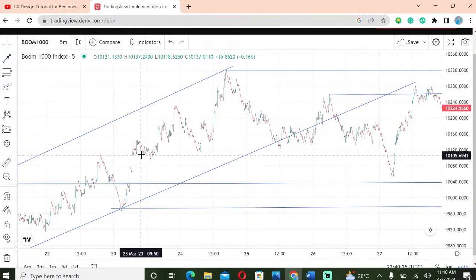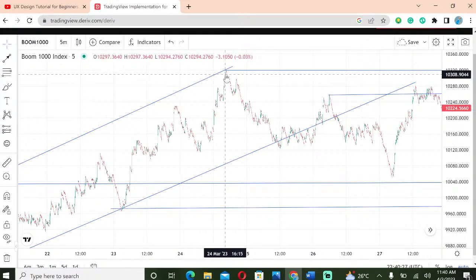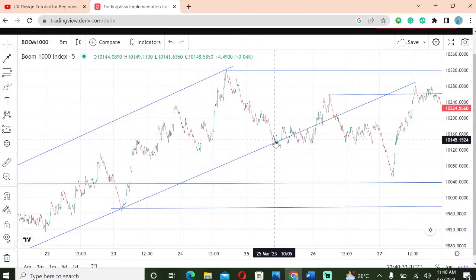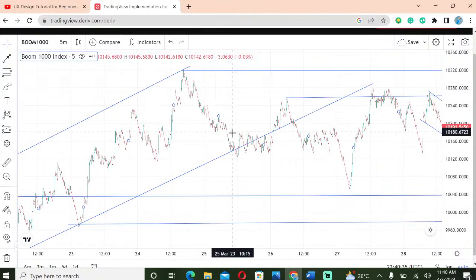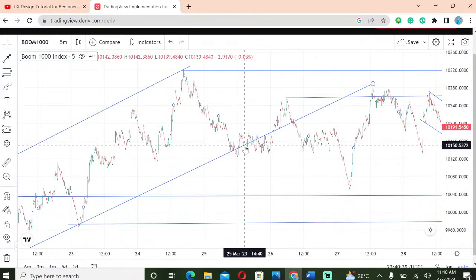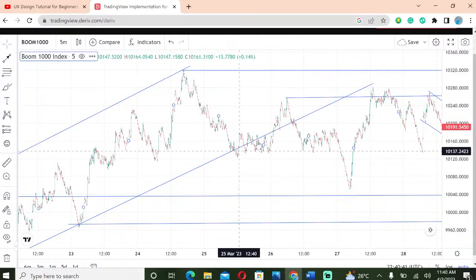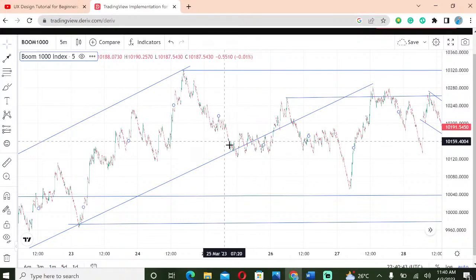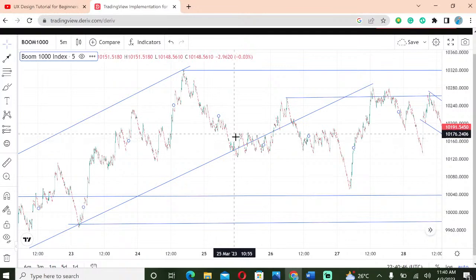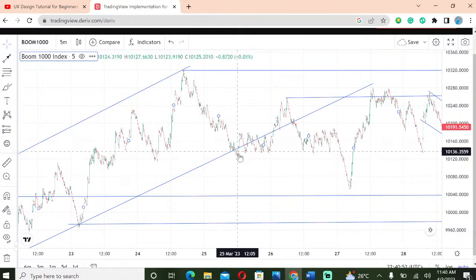So we have the market keep on spiking to this particular level, and from this particular level we have a rejection zone here. It rejected back to this level, and when it rejects back to this level, the market would not have enough strength to spike up again. Then the only thing that it can do is to break out, is to cause a breakout. You see, it caused a breakout from this particular line. So that's why it keeps on giving us a